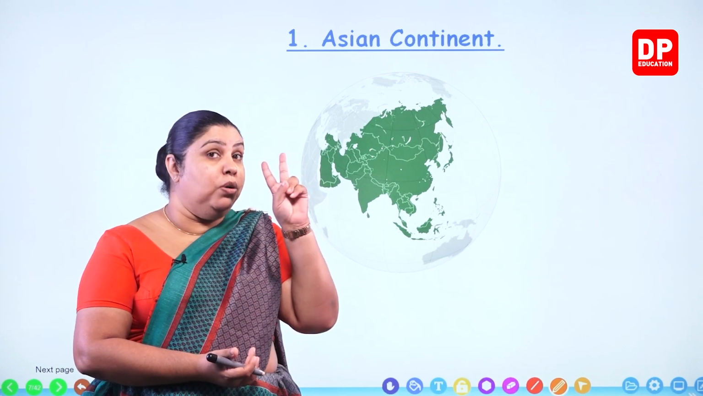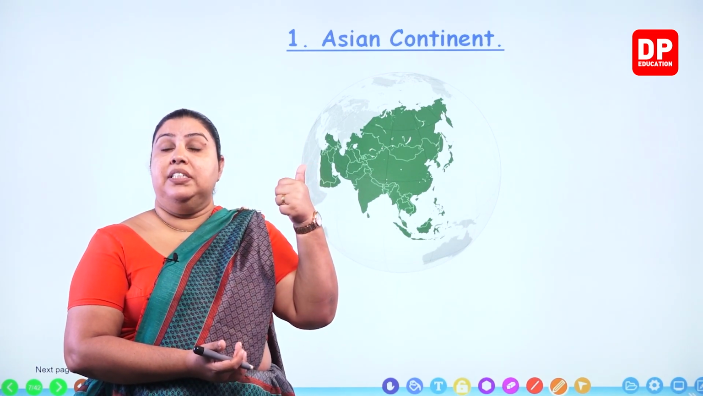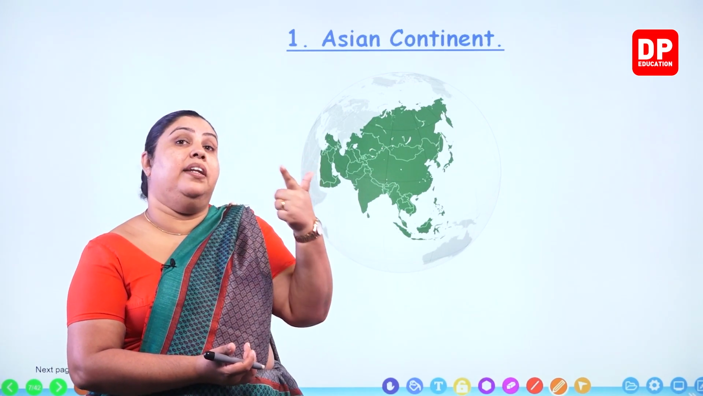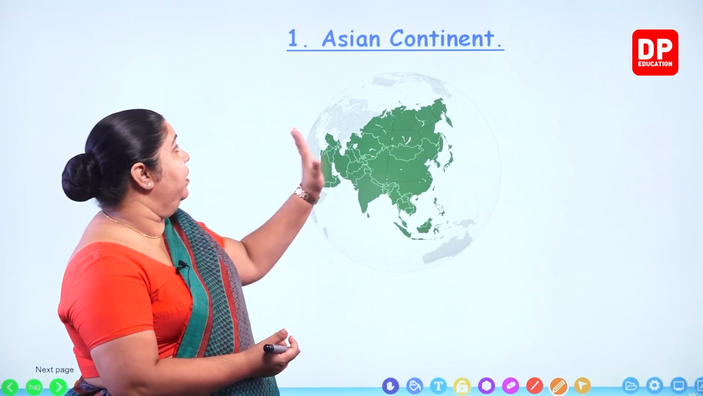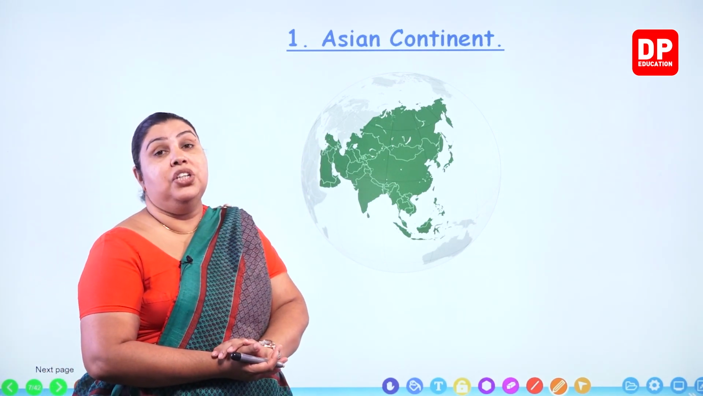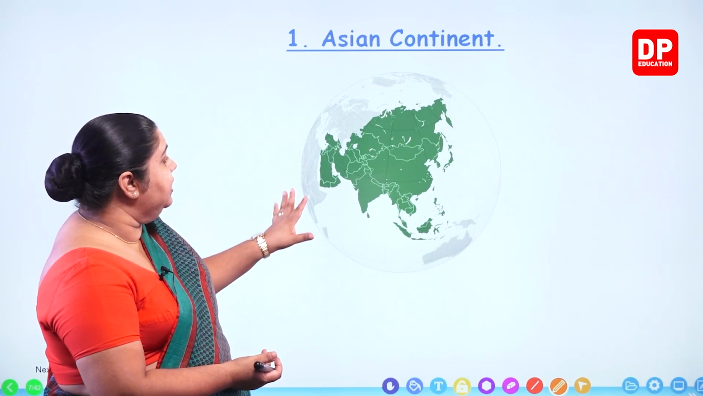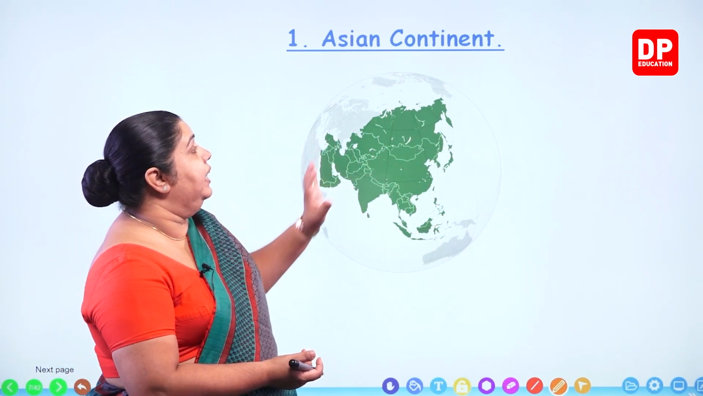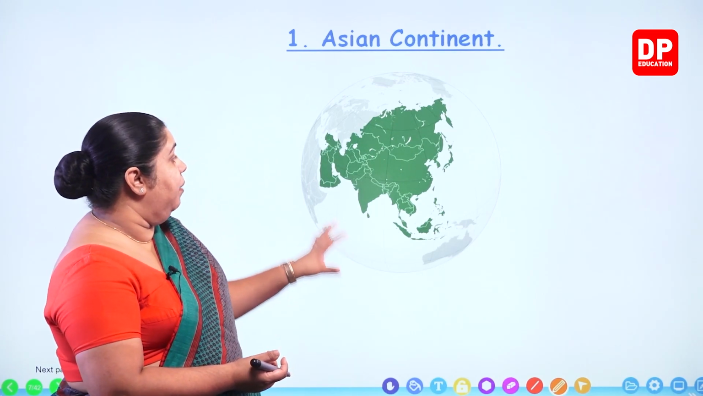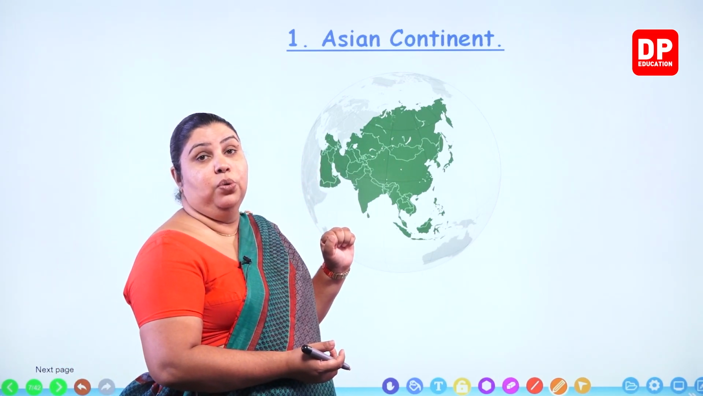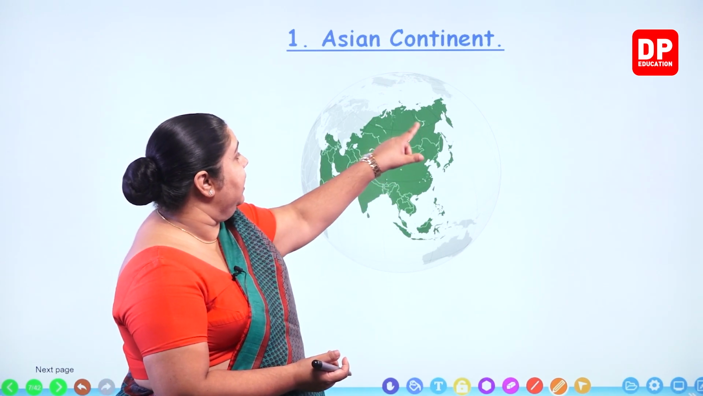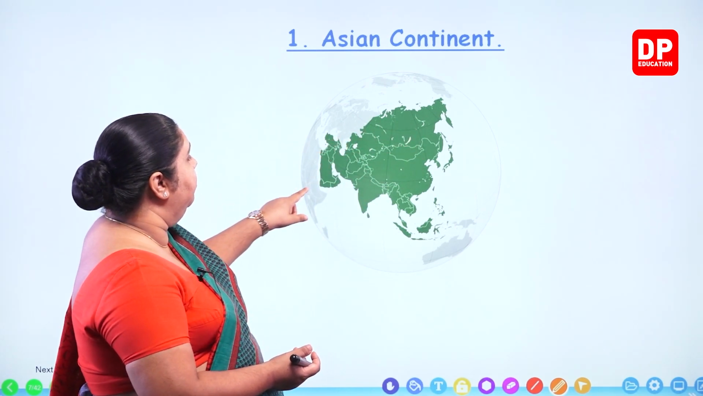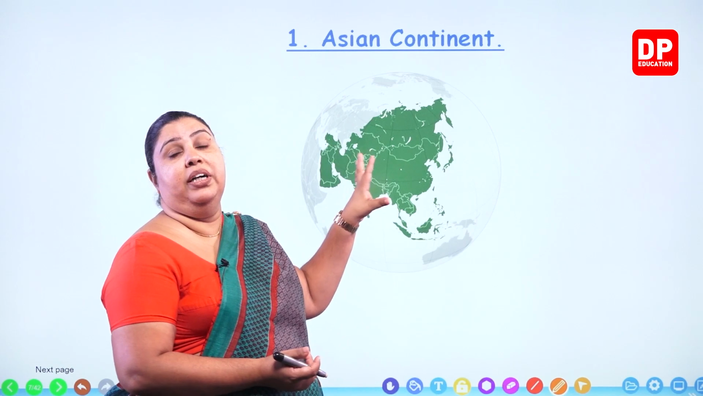Now we are going to talk about two continents, I told you. First is the Asian and then it's the African continent. So we will start with Asian continent. Now this is how the Asian continent looks like in the globe. When we look at our planet Earth, this is how the big piece of Asian continent